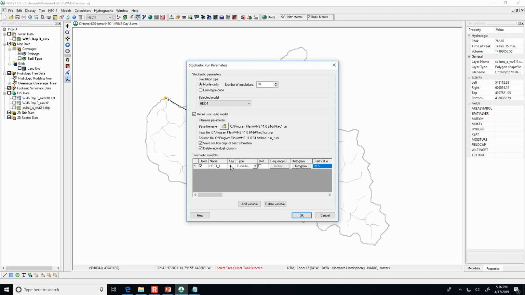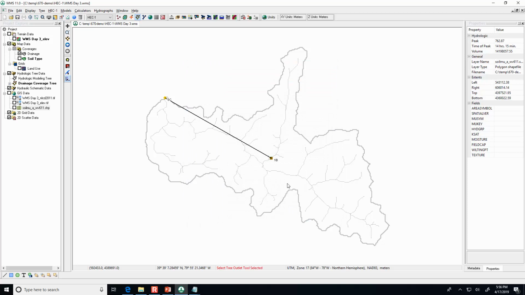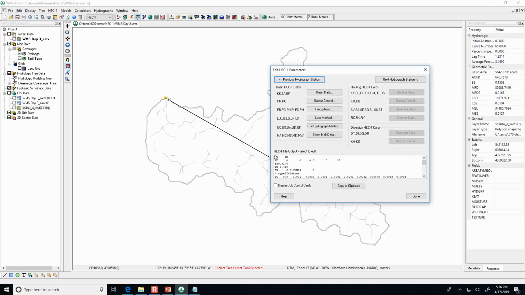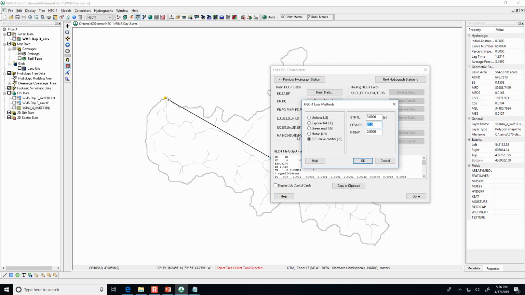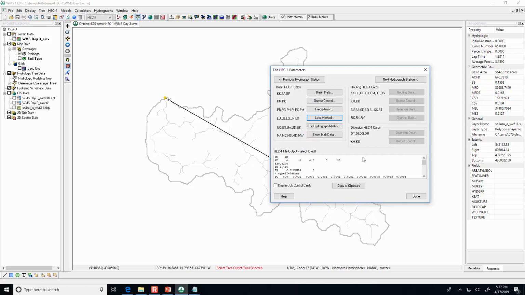And this key of -1, now it's been a while since I did this, but I think we have to go back into our model and put in -1 for the curve number to tell it to use these values instead of its own values. So open back up the model, and under loss method for curve number we replace it with -1, and that's how it knows to look someplace else for the curve number to use for each run.